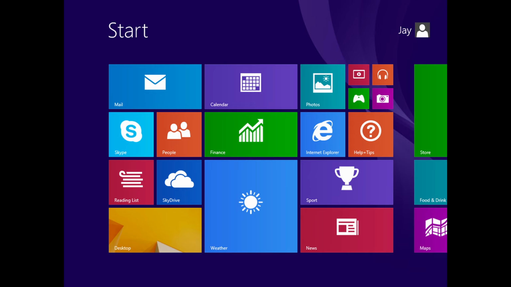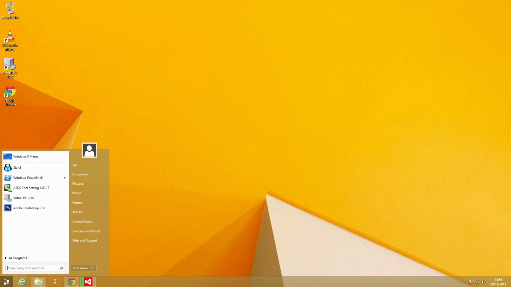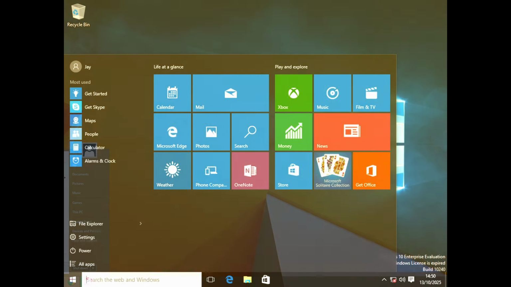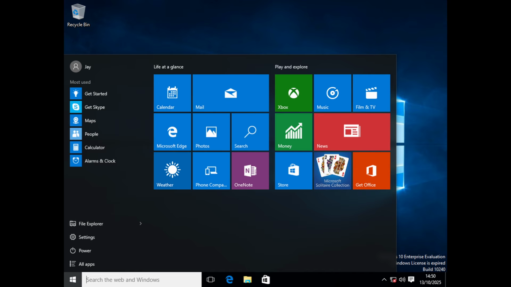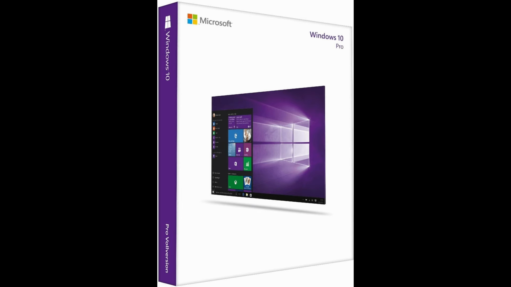In fact, it was so bad that a cottage industry of start menu replacement programs actually popped up to bring back an old Windows 7 style start menu to Windows 8, whereas Windows 10 actually brought back a start menu that was redesigned and a wee bit of a compromise between the Windows 8 start screen and the Windows 7 start menu. But that wasn't the only thing that was significant about Windows 10.